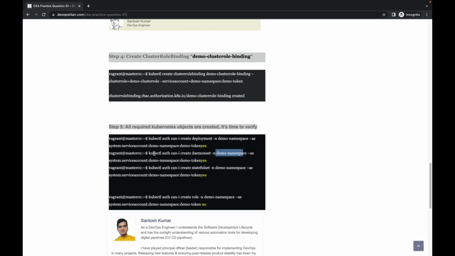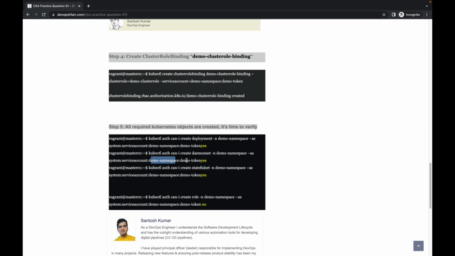So you can execute the same command kubectl auth can-i create deployment in demo namespace, assuming the user is the demo token service account